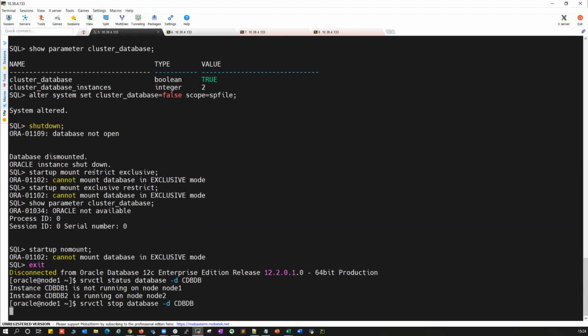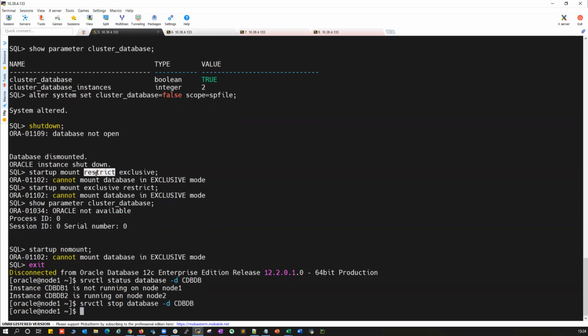Again, just a brief on restrict and exclusive. Restrict is a must. The moment you start your database in restrict mode, only SYSDBA can do admin activities. Other users cannot log in and cannot do any operation. That's a restricted session. Only admin users can log into your database. Normal application users cannot log in.